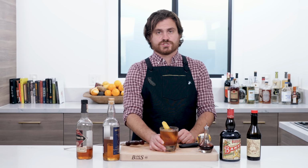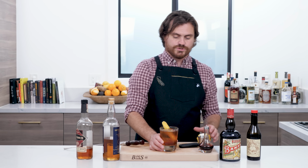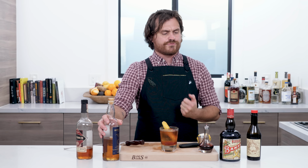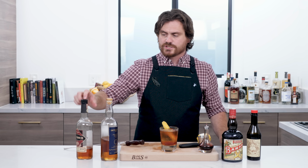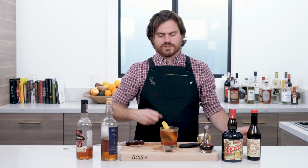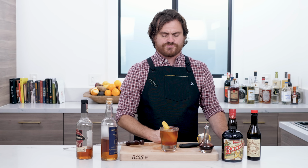My first reaction is to say, oh yeah, that is just great. Now, the thing about Smith & Cross in cocktails is that it tends to overtake all of the other flavors. But I gotta tell you, Smith & Cross and banana liqueur are friends. These pair so well. The rye whiskey gives it a little spice, the coffee vermouth gives it a little body, and the lemon twist on the finish